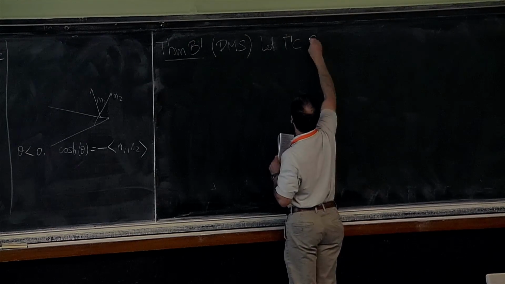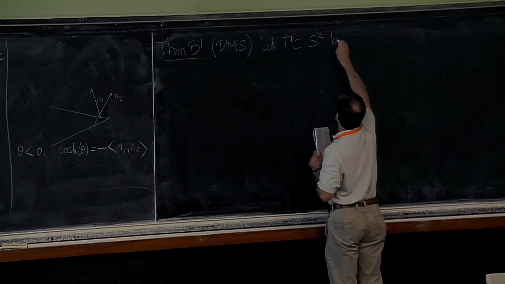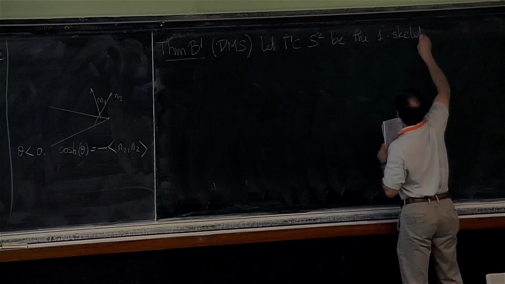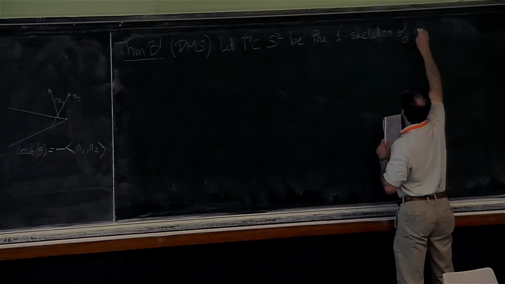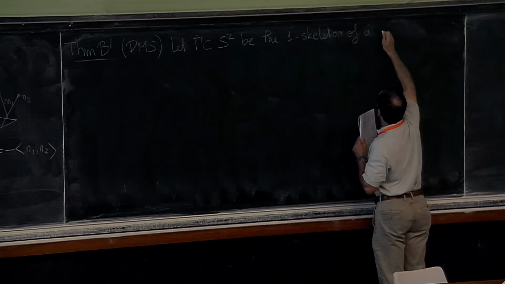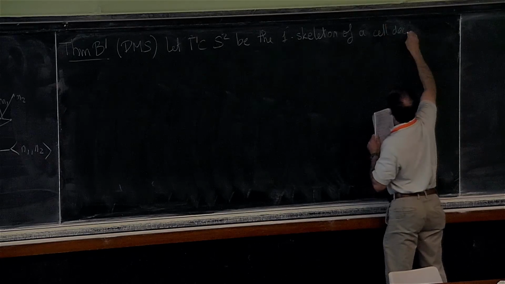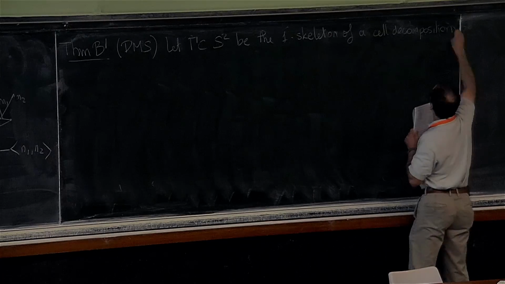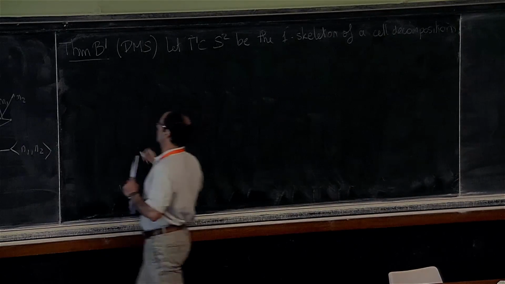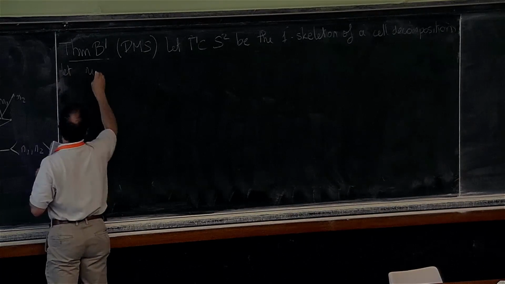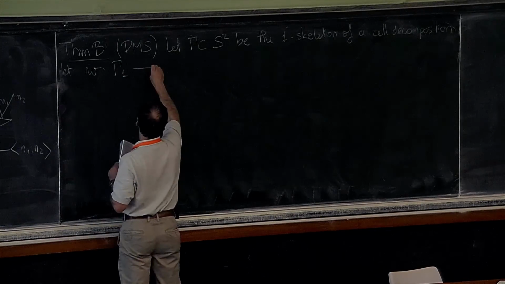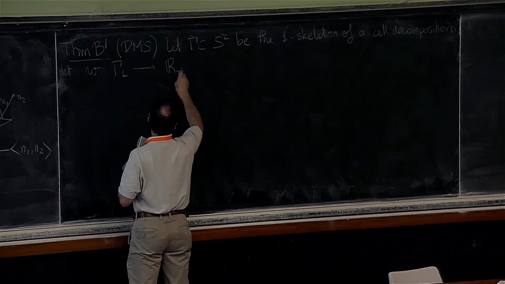So we take again gamma in S2, and we suppose it is the one skeleton of a cell decomposition. And then I'm going to take a function W from the space of edges of gamma, gamma 1, into R,